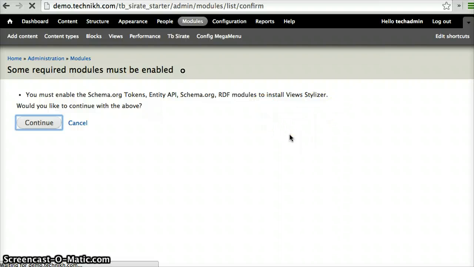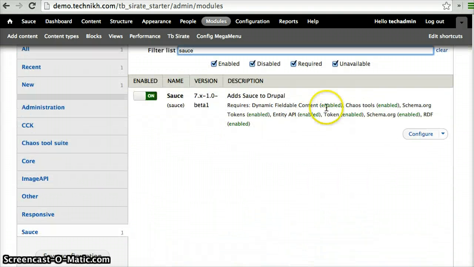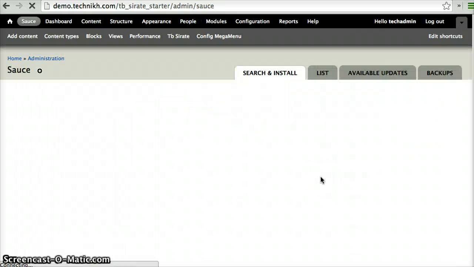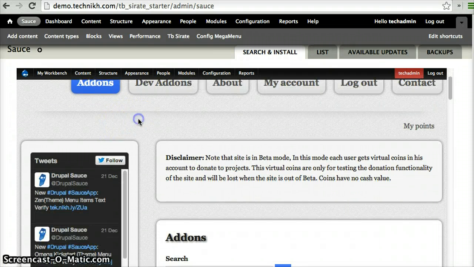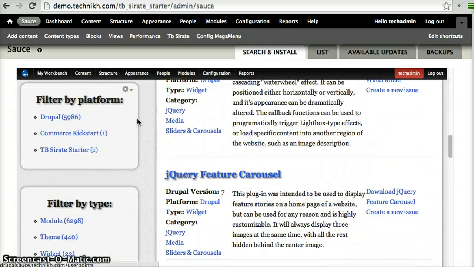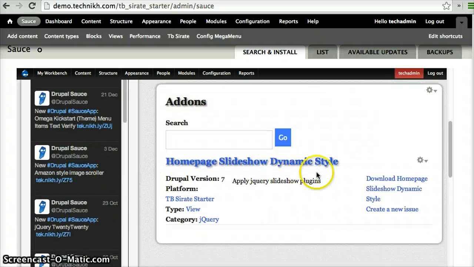So once I have these modules enabled, I can go to the Sauce page. I can see the Sauce link here, or I can go through the configure link from the modules page. So here I can look for the TB Site Starter related add-ons. So filter by platform, TB Site Starter. Here I see a view to style the homepage slideshow. I will download the view,